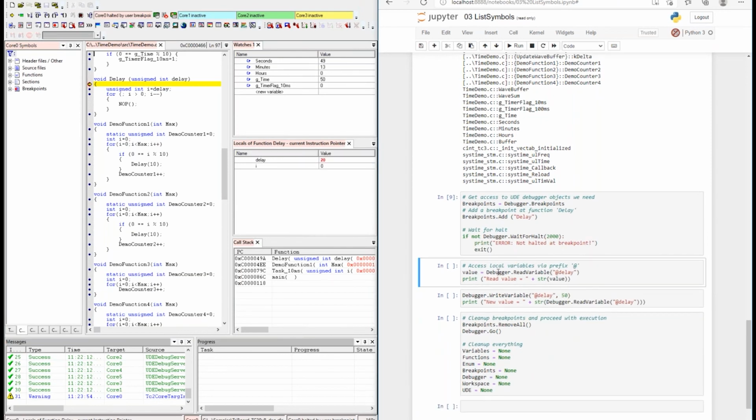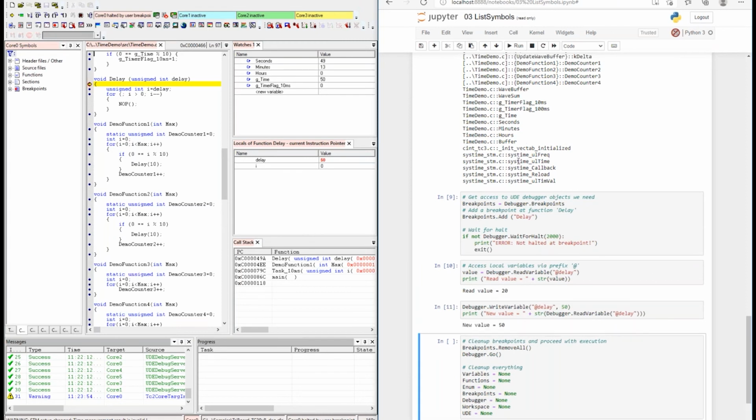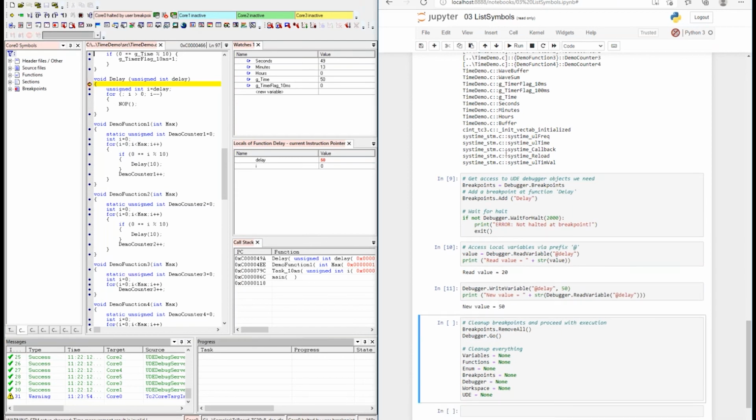And if you want to read some of these local variables, then you have to prefix the variable name with this @ sign. Then I read out this variable, and I can also write this variable here, and so on. Okay, with that, I'd like to end the first part of